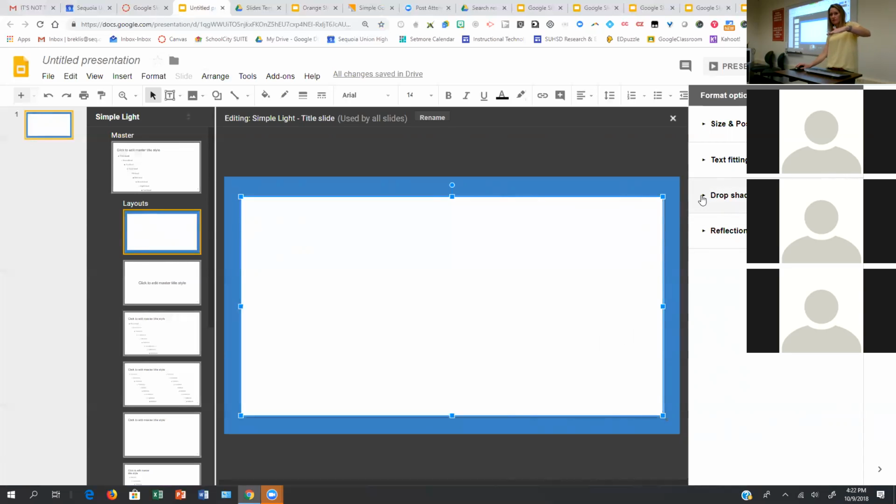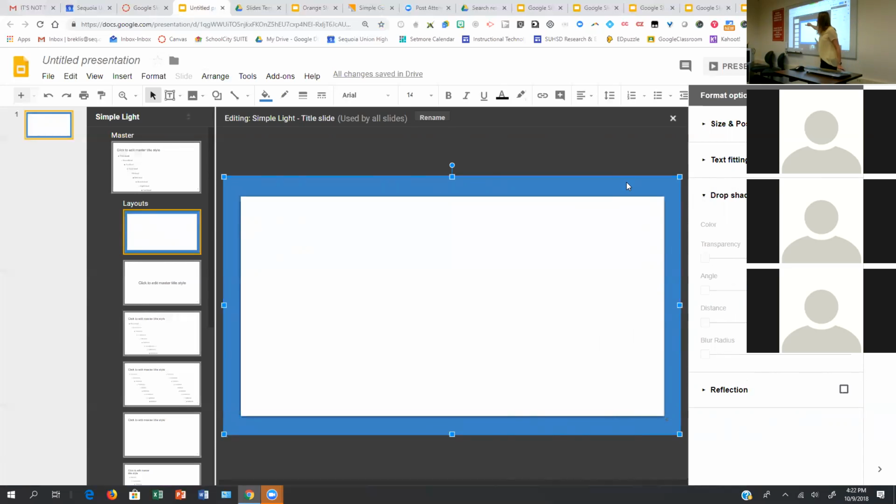So now I'm going to click on the arrow next to drop shadow, and I'm going to change the angle. It's not really good. Change it to 180. Flip there. Now let's see.